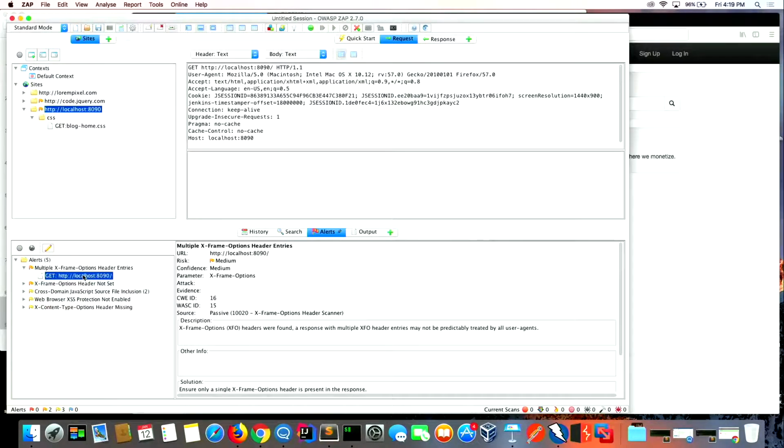It'll tell you where you found the vulnerability, or where it found the vulnerability, what URL. If there are multiple URLs that it found the same vulnerability at, it'll list all of them. It lists how risky it thinks this vulnerability is. In this case, multiple X-Frame-Options header entries, ZAP considers medium risk. Another thing to note is the confidence, because